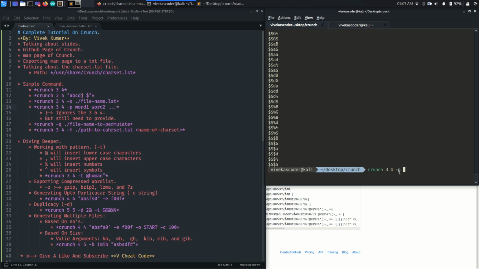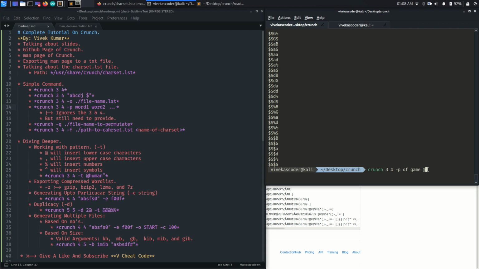In order to provide the words, you need to use -p and then you can provide the words. Let's say off, game, and let's say a symbol @. Now we have these 3 words right here. The first is off, the next is game, and the other one is @. It will automatically combine these 3 words in different orders to generate a particular password.